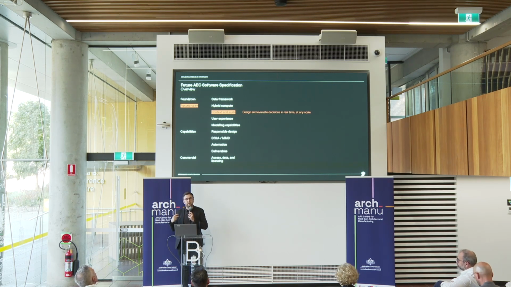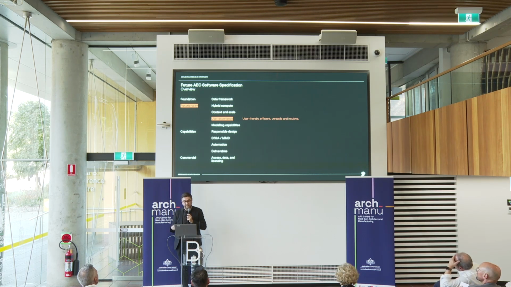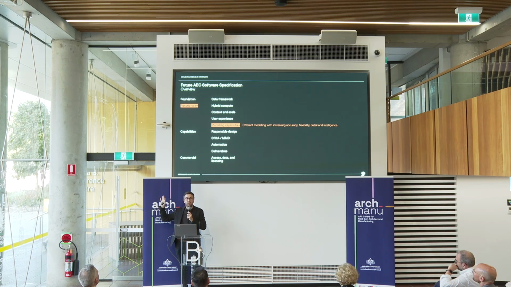We need to be able to work at context and scale, from city block level down to nuts and bolts, without having to switch between multiple different platforms and exchange data as we go along. We want a better user experience. We want to be able to use software easily and actually get out of it what we need to without having to consult online or user manuals and things like that. And we want better modeling capability. Currently, we're stuck between two paradigms, whether that's object-based modeling, i.e. BIM, or whether it's more free flow, maybe NURBS-based modeling, for instance. The two aren't necessarily fully compatible, but ideally they should be, because each has its own place in the design process.